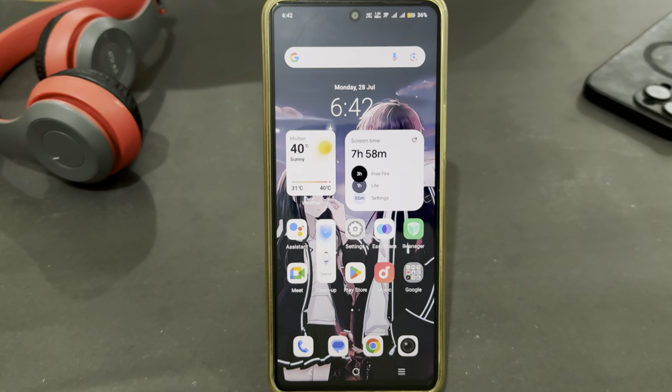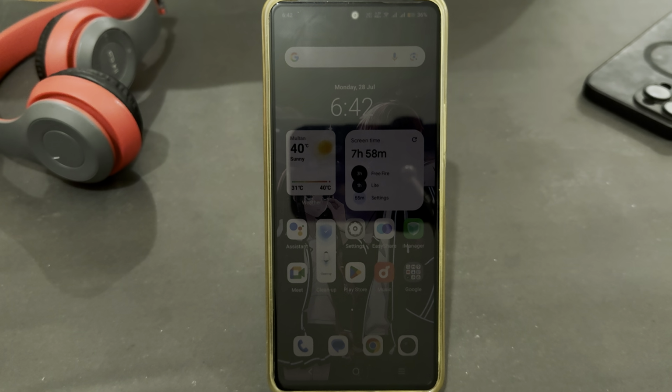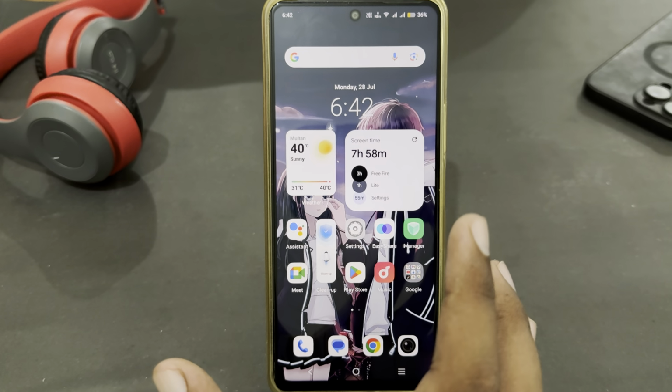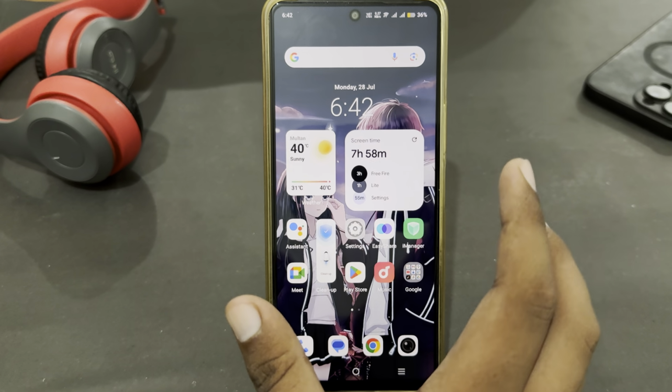Hey guys, today I'm going to tell you how to clear cache on Vivo Y200 to free up space. If you're using Vivo Y200 and you want to clear cache to free up your space, let's see how I can do this. For this, you just have to install a third-party app because it's very frustrating to clear cache